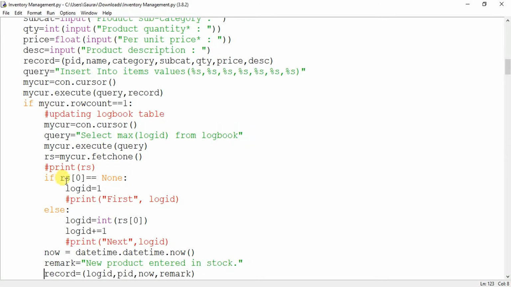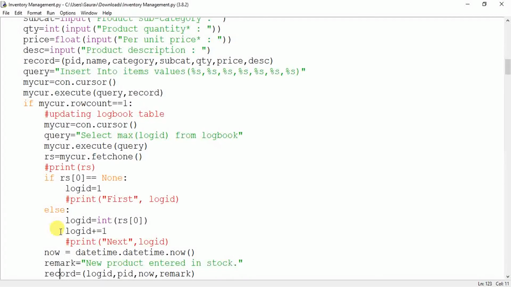If the logbook does not have any records, then this first field, log ID, will not be there, that means it will be None. Then we will set log ID equal to 1. Otherwise, we will increment the maximum log ID that we have fetched from the database. We will add 1 to it, and that will be our next log ID.